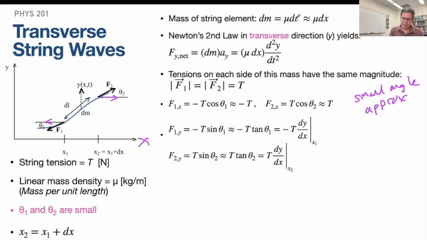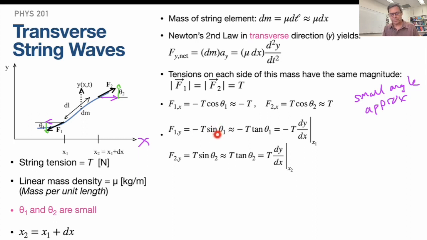Well, now I've got to work out the transverse components. So I have F1, that would be kind of down on the left side, and F2 has a vertical component up on the right side. So they're very similar. On the left side, the tension is pulling in the negative y direction, so I've got a negative sign there. But instead of cosine, I replace that with sine. That gives me the opposite leg of this triangle, where theta 1 is the angle below the horizontal. So minus T sine theta 1 is F1y, but in the small angle approximation, where theta 1 is small,